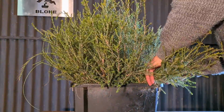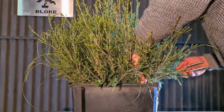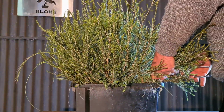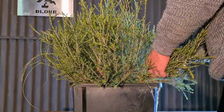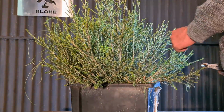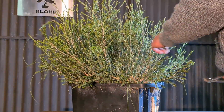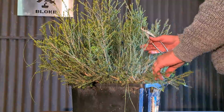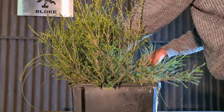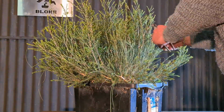Okay, I can't even see to the bottom. I wish I could. I can't. Okay, so I've got some weaker trees here, stronger one here. I could cut them all at the same length, just hedge the whole lot at the same length, but I don't want to do that. I think that's just a bit boring. I want to come through here and really chop them back to hopefully different heights,